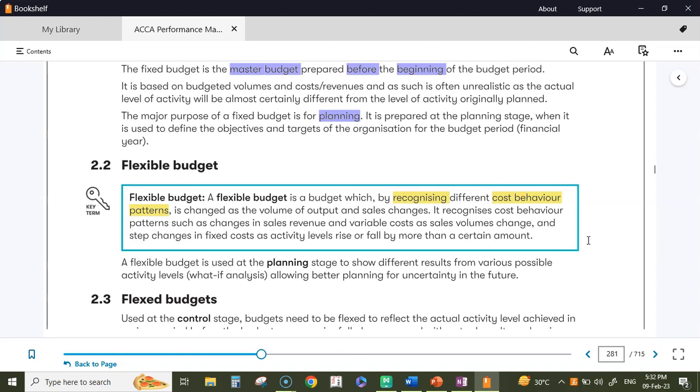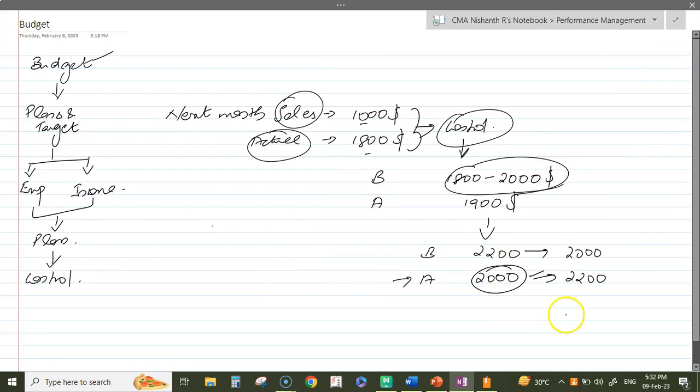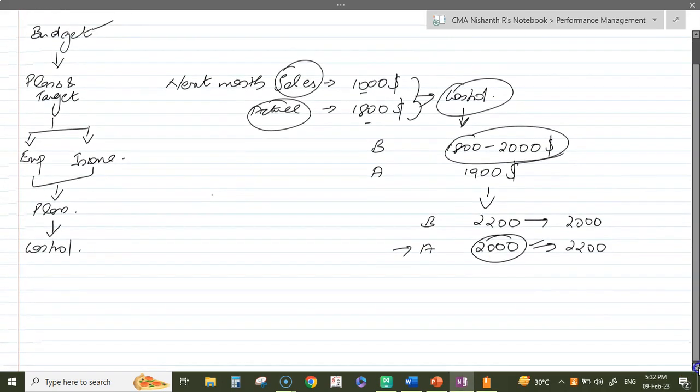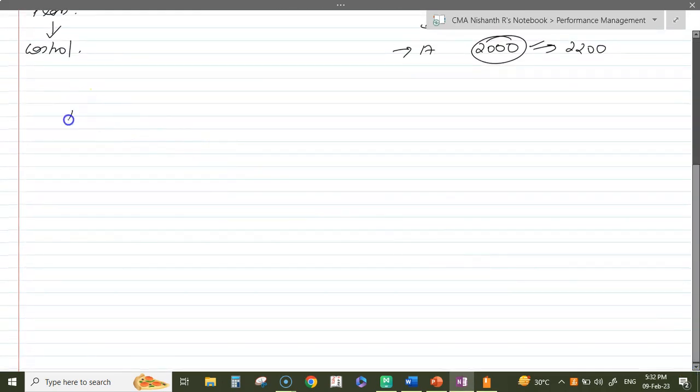So what flexible budget tells you is, we will consider the costs. We will consider how these costs change. And from this consideration, we'll find out a pattern on how these costs are changing. So in flexible budget, we will consider cost and its changes.